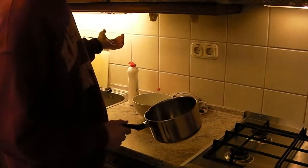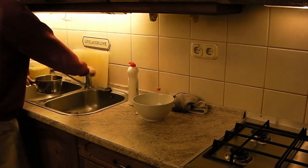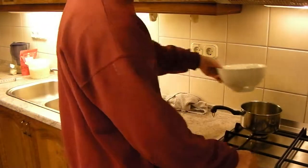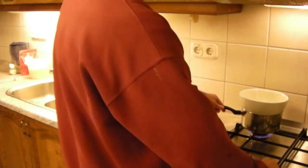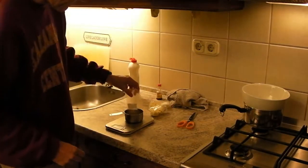So to start off, you got to melt the cocoa butter. So you make your own double boiler by putting a little water in the bottom of a pan, and then putting this bowl on top and heating it up. Alright, so we got the bowl there warming up, and in the meantime I'm going to measure out my cocoa